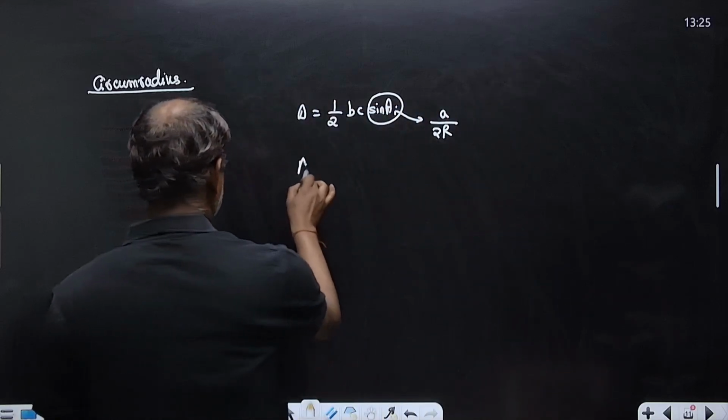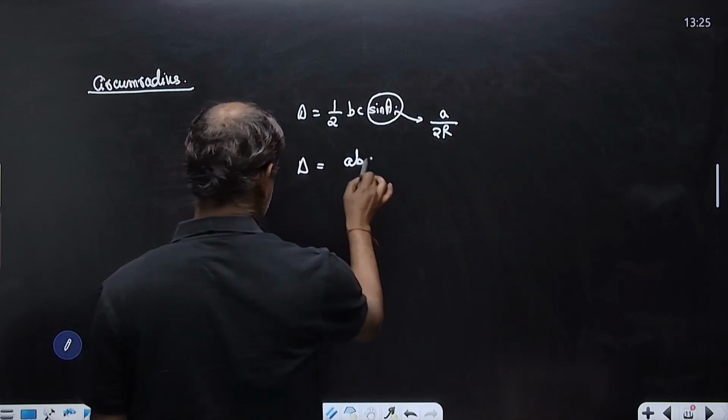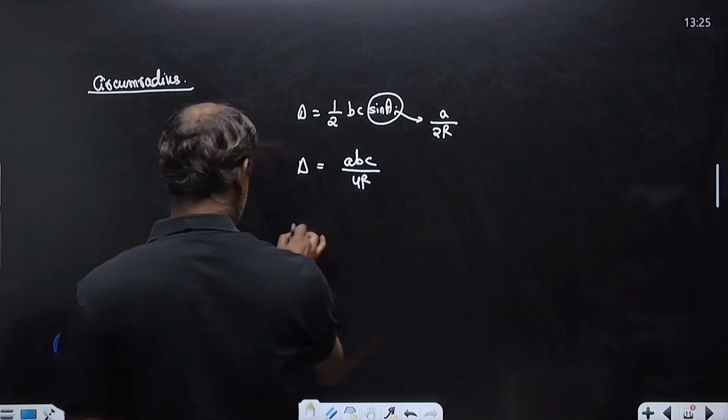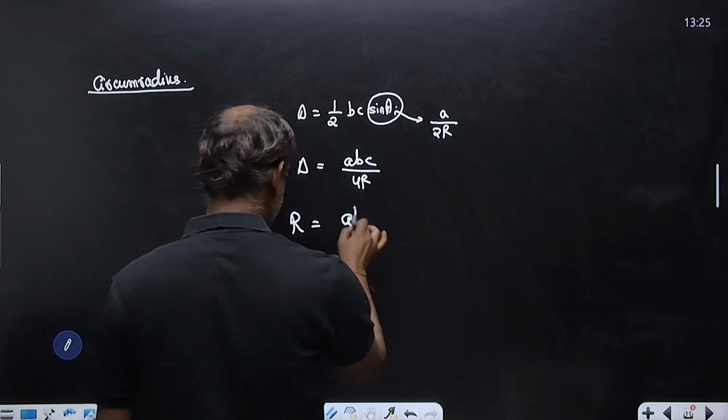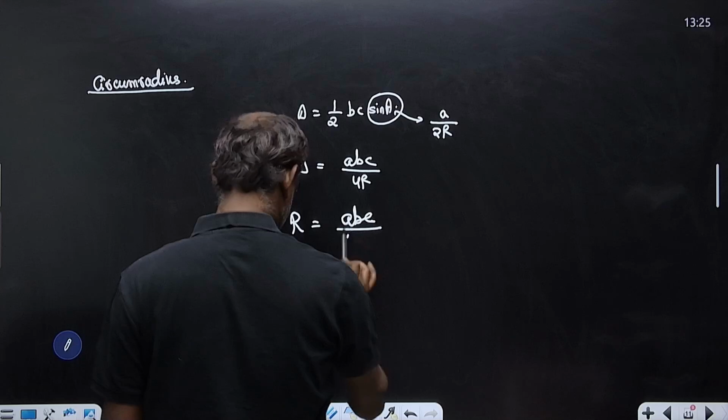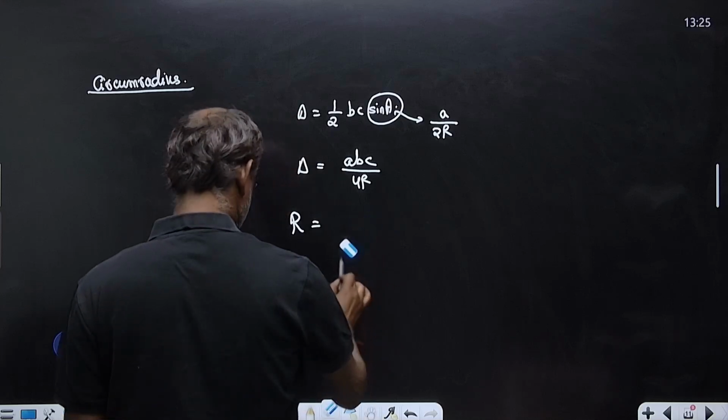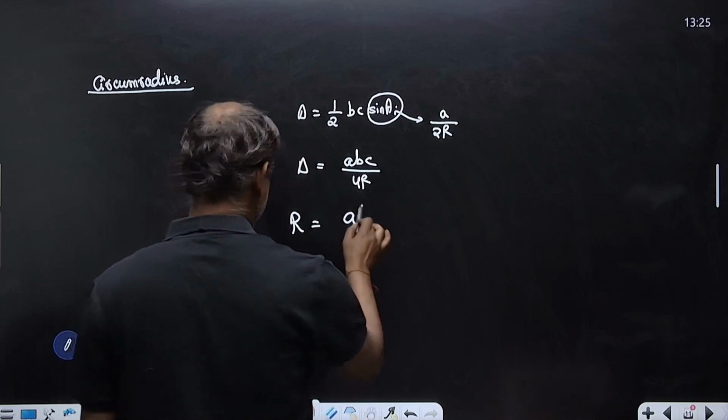So delta is ABC by 4R. This you can see is an expression